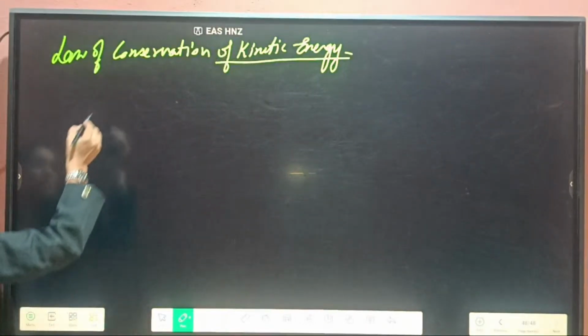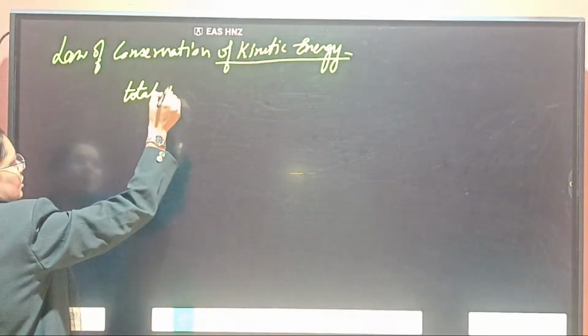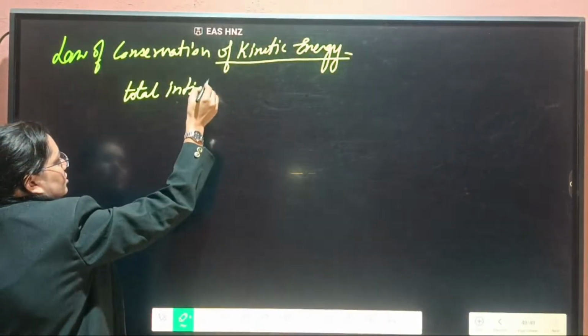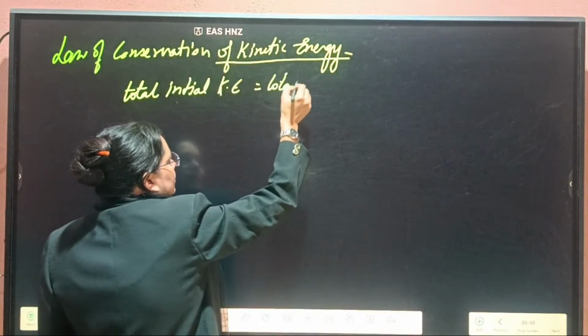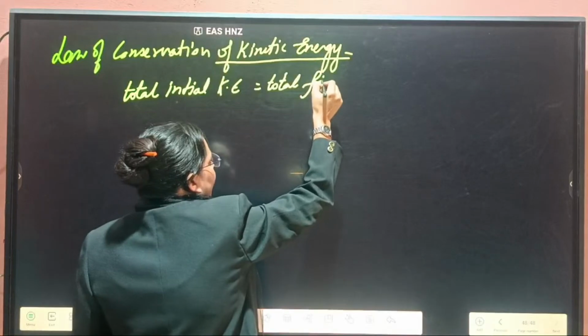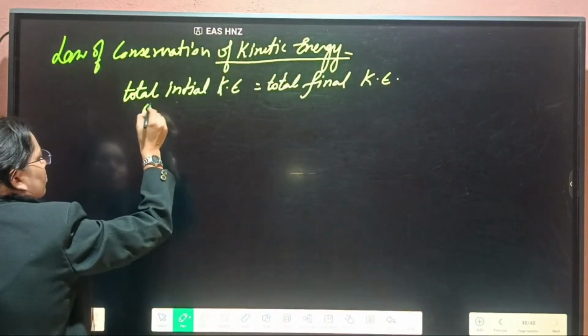Now, before the collision, we can say total initial kinetic energy equal to total final kinetic energy. This one before collision we can say